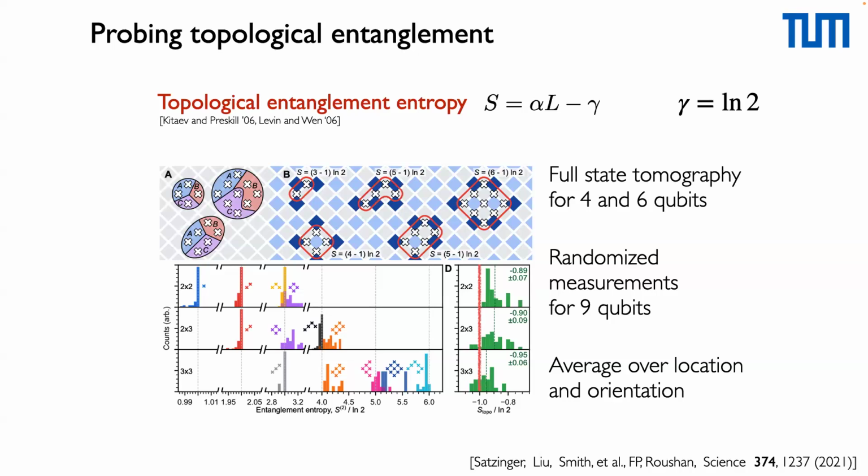How big a patch does this persist on? Does this signature decay as the patch gets bigger? If you look at the data, you see that as we make the patch larger, the result actually gets better. However, just by the way that we are constructing it, we know that